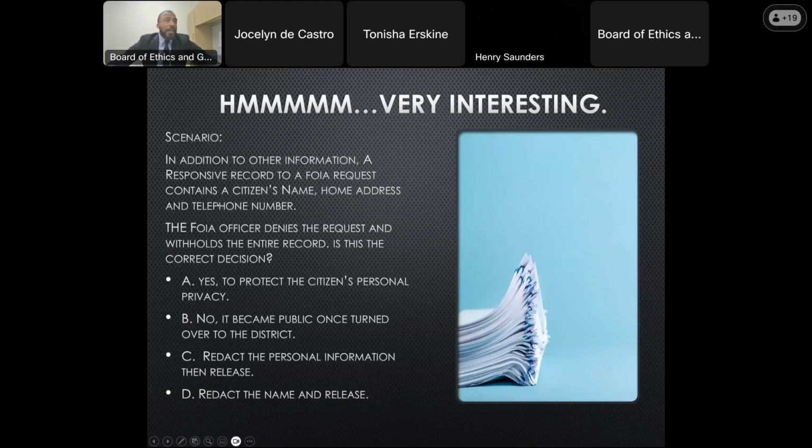The FOIA officer denies the request and withholds the entire record. Is this the correct decision? A, yes, to protect the citizen's personal privacy. B, no, it became public once turned over to the district. C, redact the personal information, then release. And D, redact the name and release.